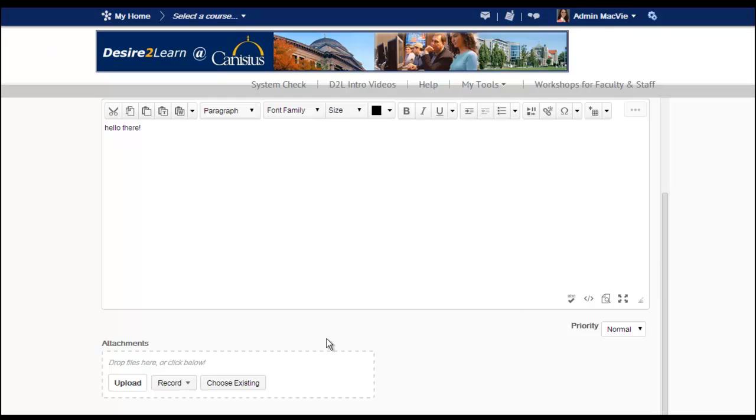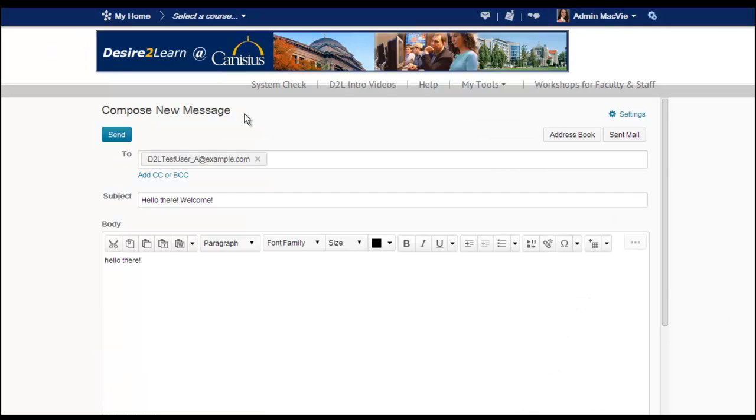You have the ability to add attachments. You can also choose to record a video or audio recording, and when you're done, you would just hit send, which is all the way back at the top, and then you just hit that button to send it. Now, I'm not going to send, but